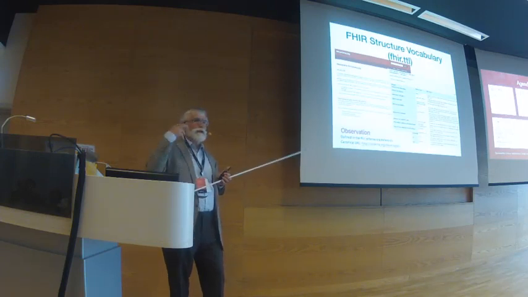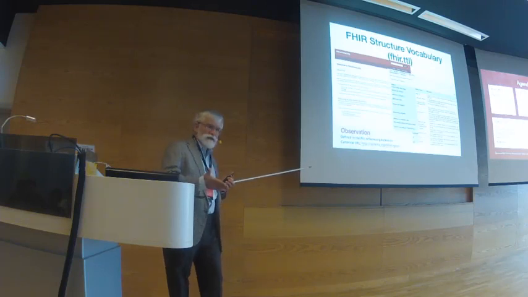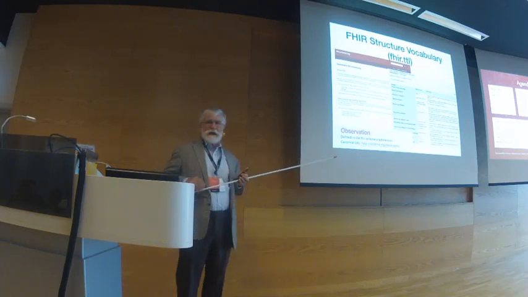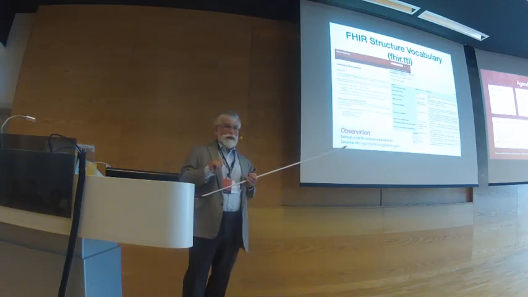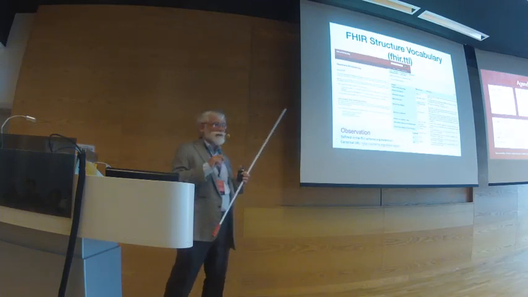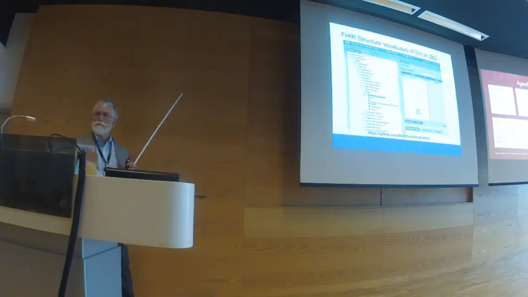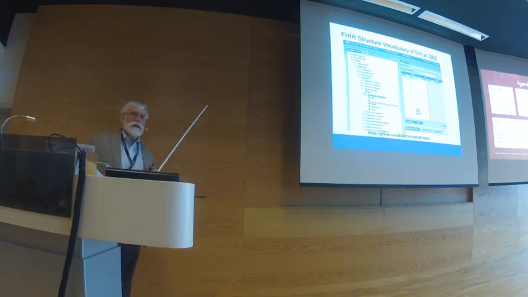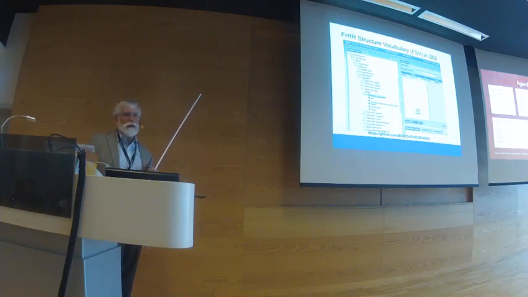Another interesting thing we've just been playing with a little bit, and there's a lot more to go on here, but using the structure, vocabulary, and reasoning, not a lot of time to go into it, but if you go out to this site, there's some examples here where we've taken the FHIR ontology and we've created some small OWL definitions of, like this one is, okay, a final report that has a diagnosis of cancer. That's actually a fairly difficult thing to look for if you're looking at clinical records, because they're not going to say this is